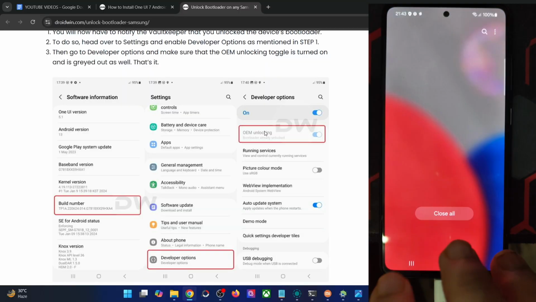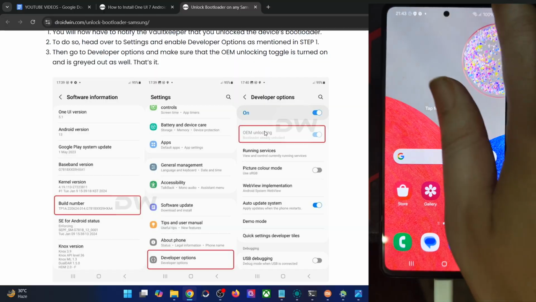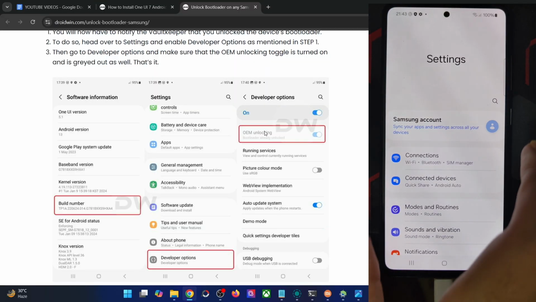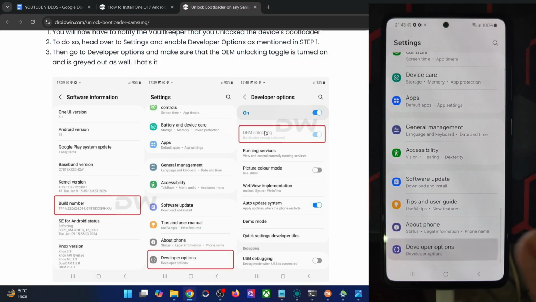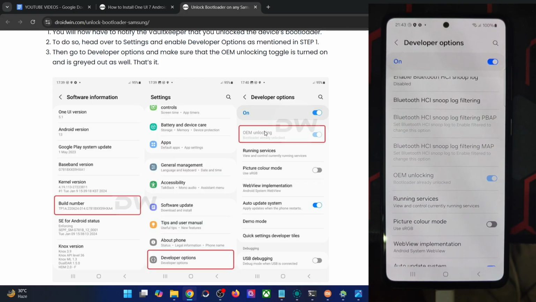you will have to close the developer option from here. So let's close it from here as well, and now reopen it from the settings menu. So let's do that. Now go here and make sure that the OEM unlocking is shown. As you could see, it's now shown and enabled and grayed out. So with this, you have bypassed the VaultKeeper and we are now good to go ahead.